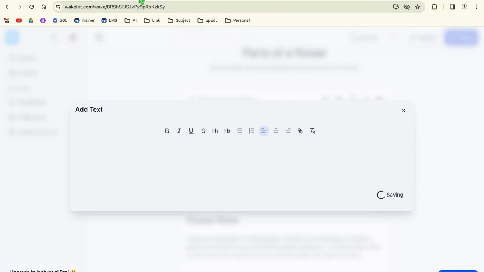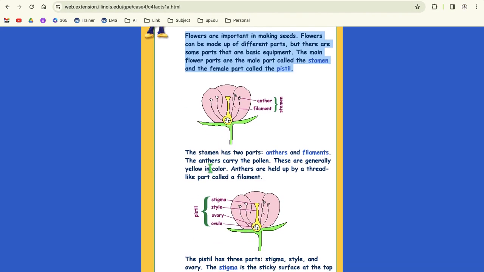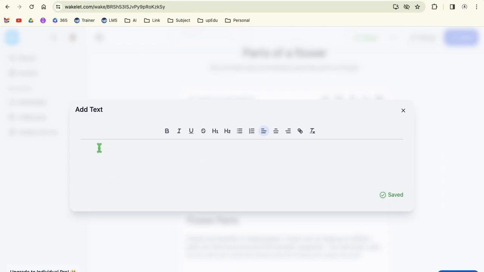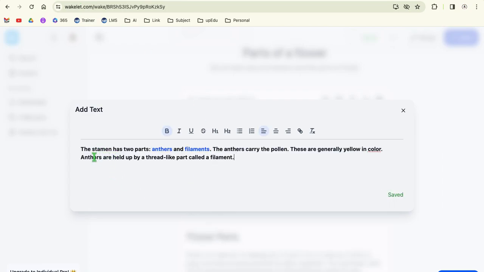I'll open that page from where I wanted the information, right? I'll copy the content from here. We'll go to my collection and add the text here, right? Now I'll add the heading as well. I don't want all these to be in bold, so I'll just select and remove the bold part. I'll click here